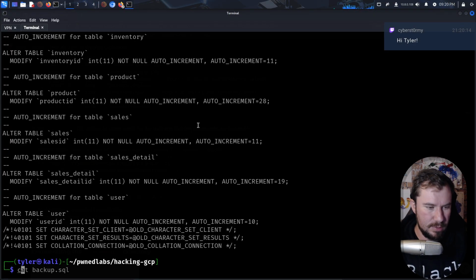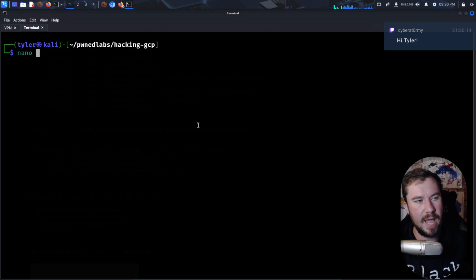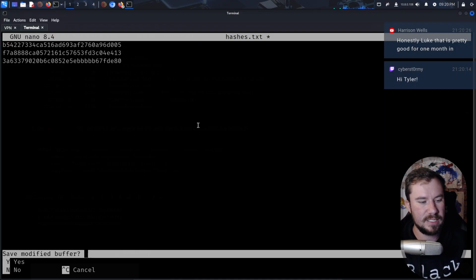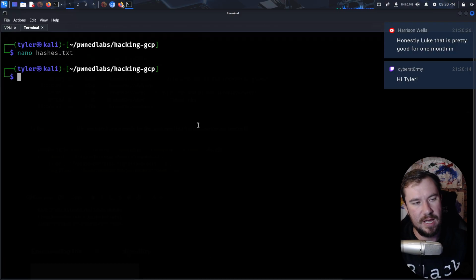But let's grab those hashes. I'm going to do nano, and we'll call it hashes.txt, and I'm going to paste all those hashes into a file. I'm going to do Control X and then Y to save my hashes. And now, like I said before, Hashcat is a good tool to try to crack these hashes. We'll just go ahead and type hashcat,